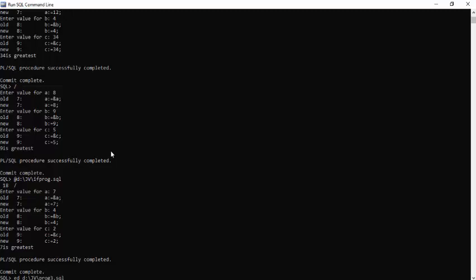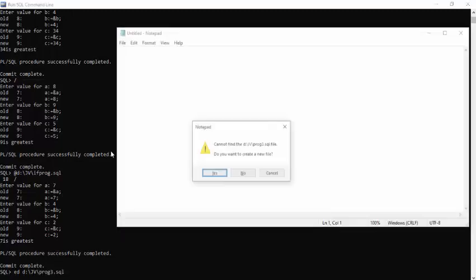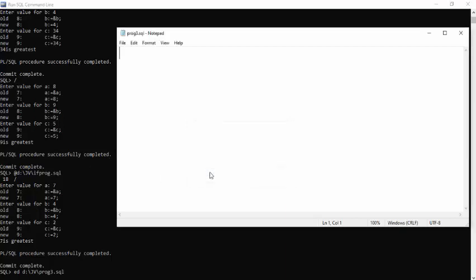As soon as you give this command, it will open the file. It asks, do you want to create a new file? What you have to write? Yes. As soon as you write yes, this new file will be opened, and where is this file going to be saved? It will be saved in your D drive under the folder which you have specified.